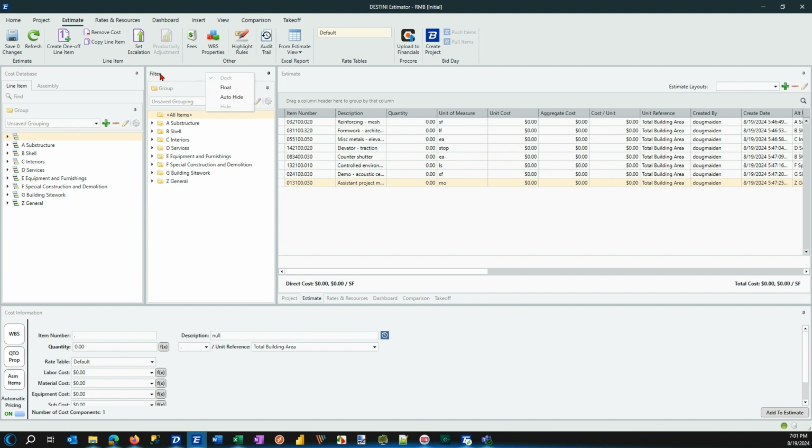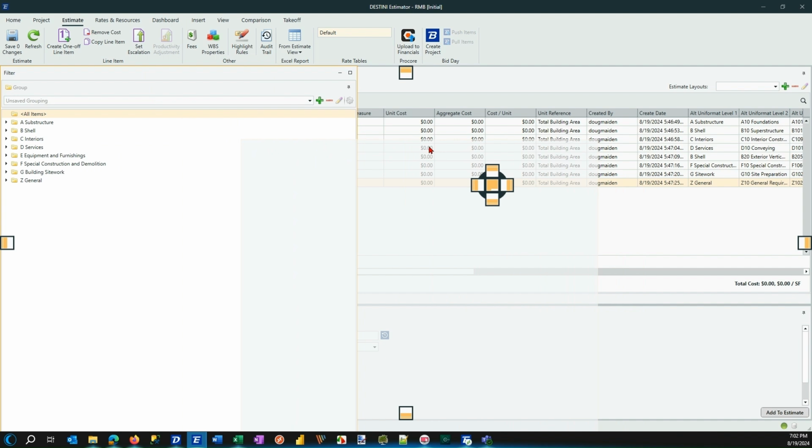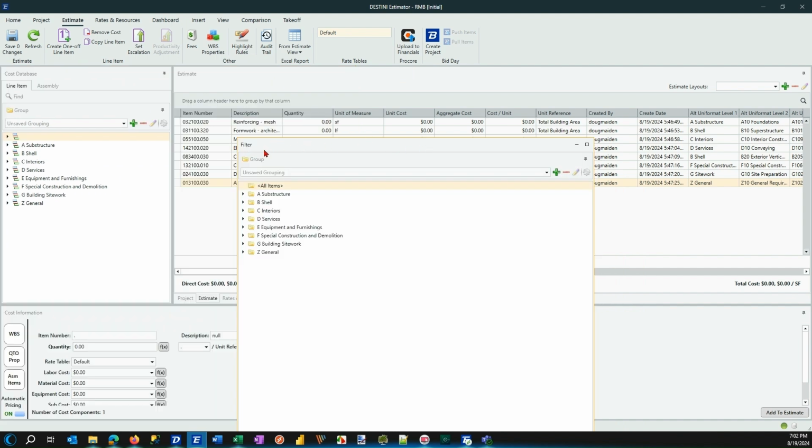filter title to then float it, or you can just simply tear it off. I'm going to go ahead and float, and as I float this, I'm going to grab that filter title, and you're going to notice that as I start moving across the screen, I'm getting these docking tabs to indicate where I can position it. Now I'm going to go ahead and move this over for just a second so that